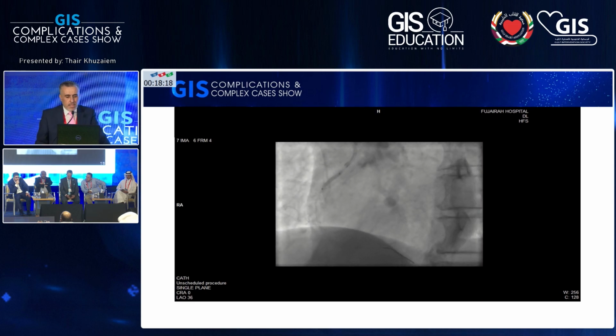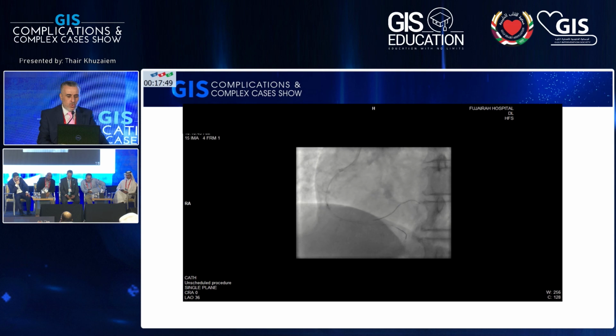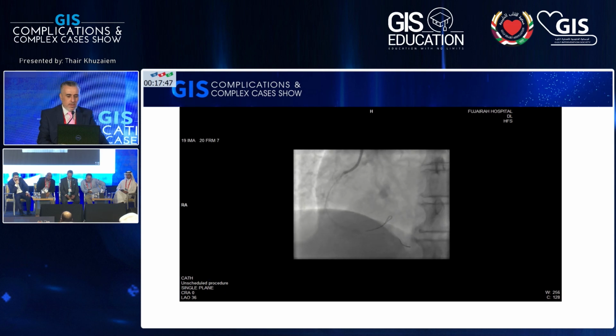So they put a wire, and this is probably one of the drawbacks or mistakes done at that time, because they inflated the balloon at the proximal lesion, probably because they wanted to do intravascular imaging and the catheter couldn't pass. But they inflated the balloon, and later on they planned to do rotablator. Usually we don't recommend inflating the lesion if you are planning to do rotablator, to avoid dissection. So the balloon was inflated at the proximal lesion, and they put two wires,